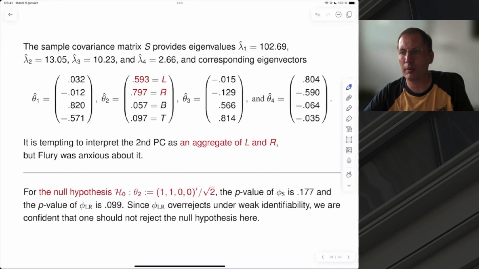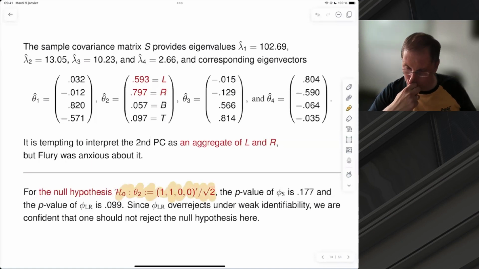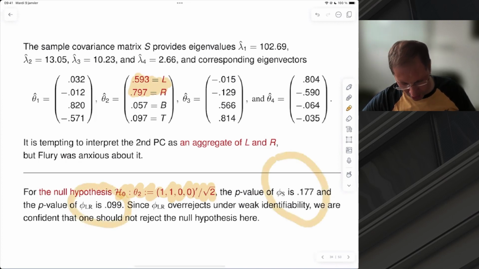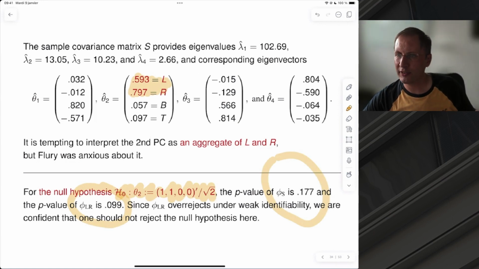Maybe just one word about the real data example. Indeed, this is the natural thing to test for. So you want to test, as I explained before, that θ2 is an aggregate between L and R, the L and R that you see there. And if you perform the two tests that we looked at, you see that the score test will not, at the usual levels, lead to rejection of the null, so that you can indeed interpret θ2 in the way Fleury would have been tempted at first to interpret it. But the likelihood ratio test,